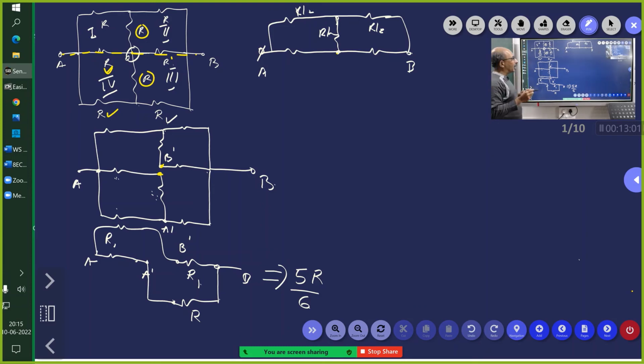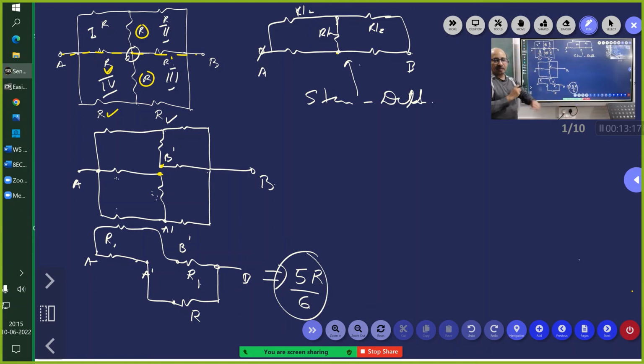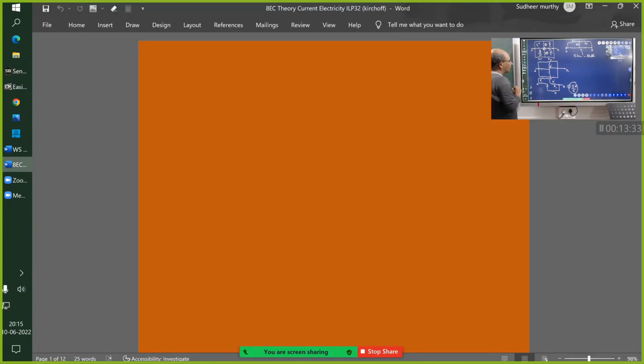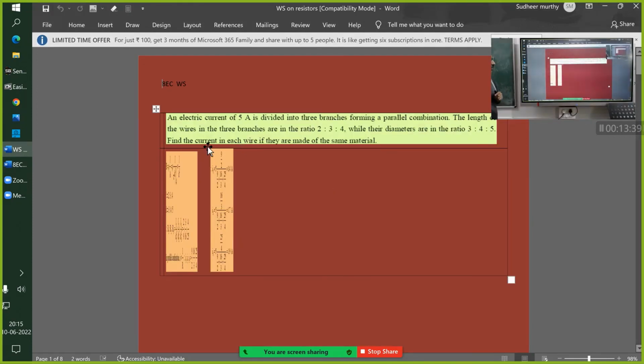Now you keep this problem alive. I will teach you star delta transformation today. I have prepared for that. Then using star delta, you solve this and see whether you get the same answer. So then you will be convinced. Otherwise you may have doubts about how it will be different. Let us solve it by one or two different methods. Fine, students? Well done. So now, my preparation for today's class is like this. See, yesterday we